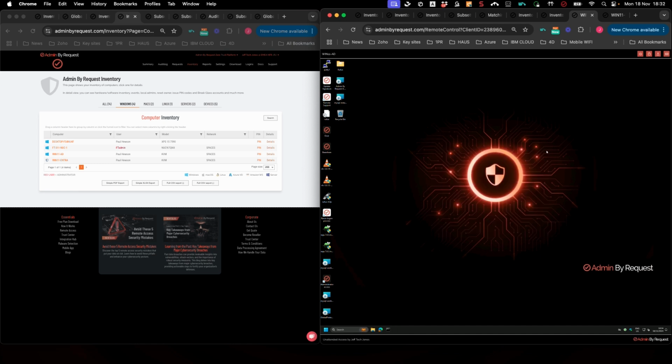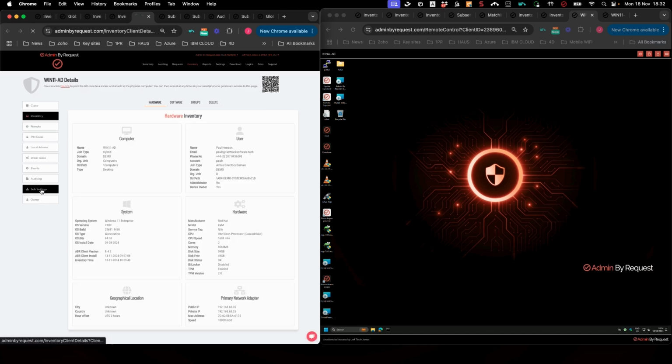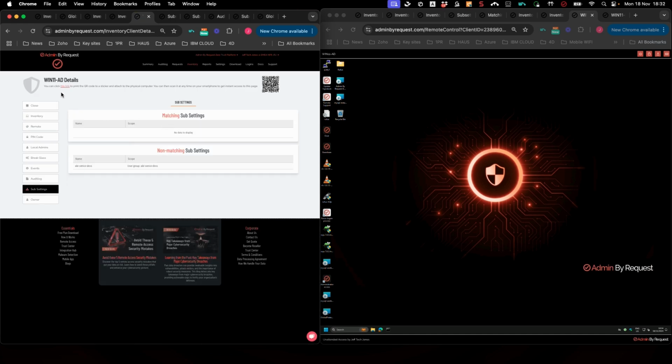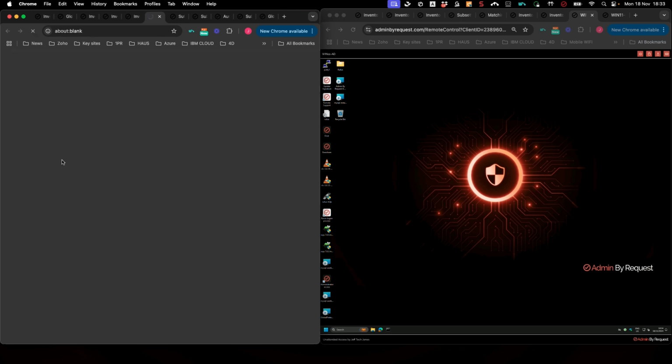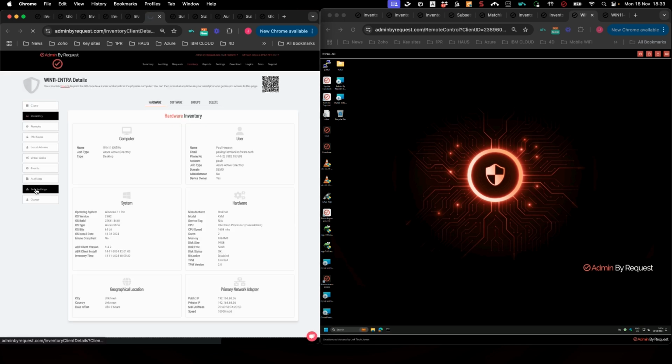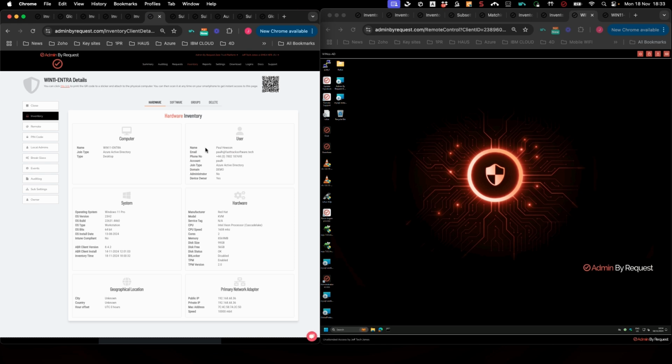Now, we haven't configured a subsetting for Paul, and if we have a look, we can see that on neither system, so on the AD joined system, Paul is not a member of this group, so there's no matching subsettings. And then on the Entra system, let's go back to the inventory list. This one, also you can see that there are no matching subsettings. So we therefore should end up in global settings. So if we have a look, this is the